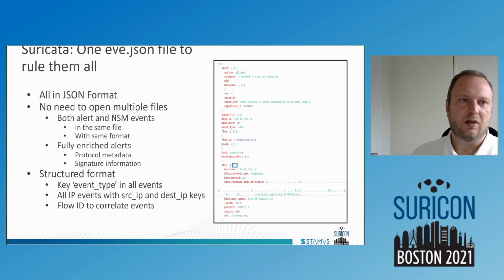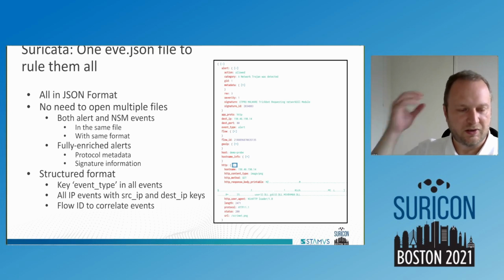Suricata, as you know, has one eve.json file that contains all the types of events that Suricata generates. So you've got alerts based on signatures, and you've got network security monitoring events. In the case of a signature, as you can see here, we've got a signature with some signature parameters, and we also have the metadata associated with it, and even the payload in some cases. Like here, we've got the HTTP response body printable, so we can see we've got MZ. That's the beginning of a binary, and we've got one signature that is network download, so that matches.